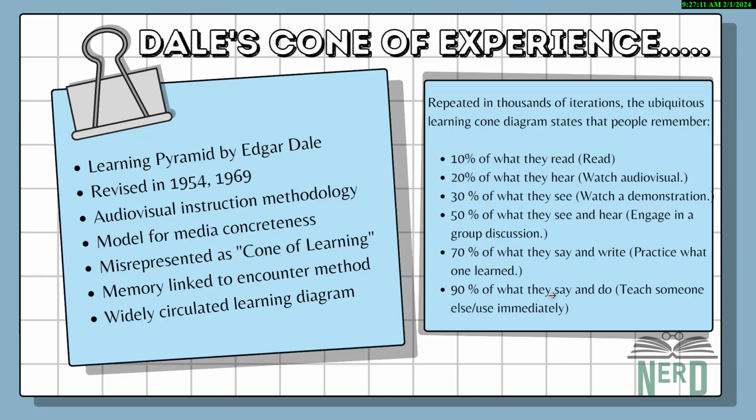So you might have heard about the cone of learning, right? It's this diagram that claims to show how much we remember based on how we learn stuff, right? It's been shared and reshared so many times, and each time it seems to take on a life of its own, right? The idea is simple. We remember 10% of what we read, like when you skim through a textbook, you only get 10% of it, right? Then there is 20% of what we hear, like if you're just listening to a lecture without any visuals, right? So if we bump it up to 30%, that's for stuff we see, like watching a demo or something in action. So as you can see,